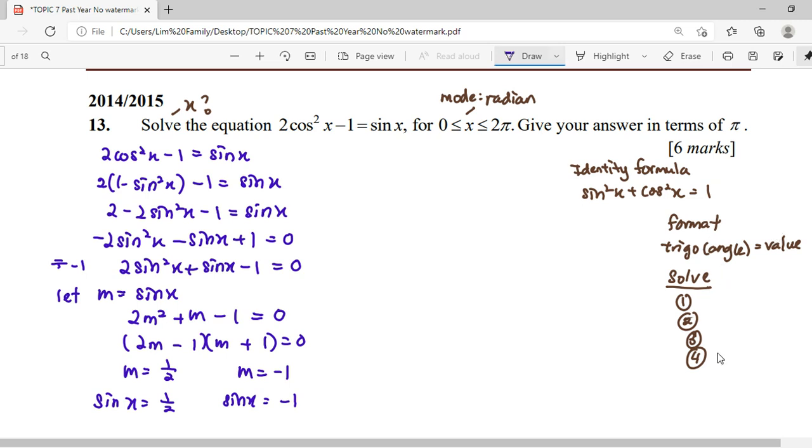So we revise our steps in solving. The first step, we read about its range. And then the second step, we read about the quadrant involved. Then the third step is finding the basic angle, shift your trigo to the right hand side, and then we do the rotation according to our range to find out the angle. So from here,